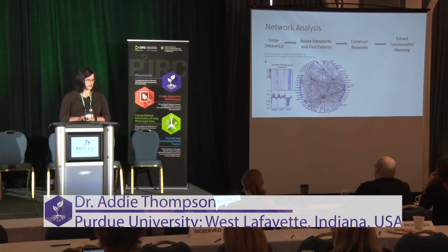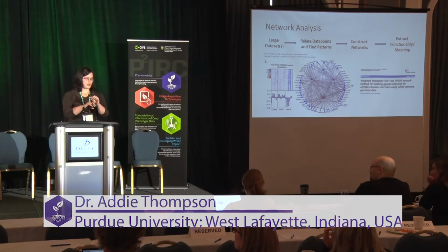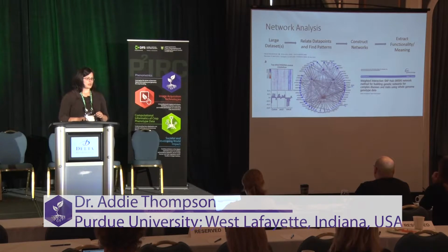I think Kevin called this a spider web. I like to lovingly call it a hairball. We start with our hairball here, we construct a network, and then try and extract some sort of meaning. And the way that I did this was to use what's called a weighted interaction SNP hub network. So it's relating the SNPs to each other in a network. And what we find,